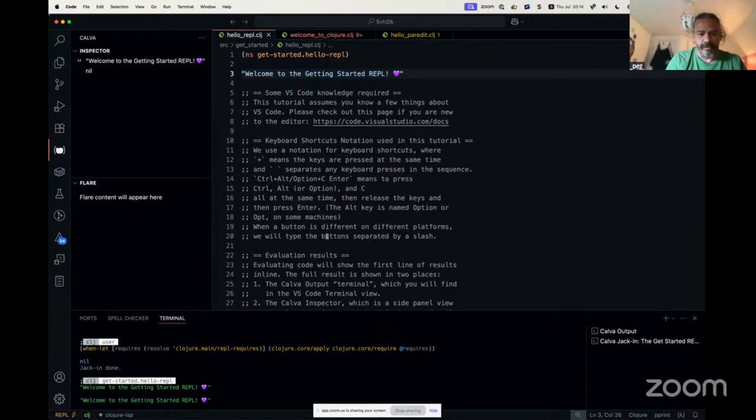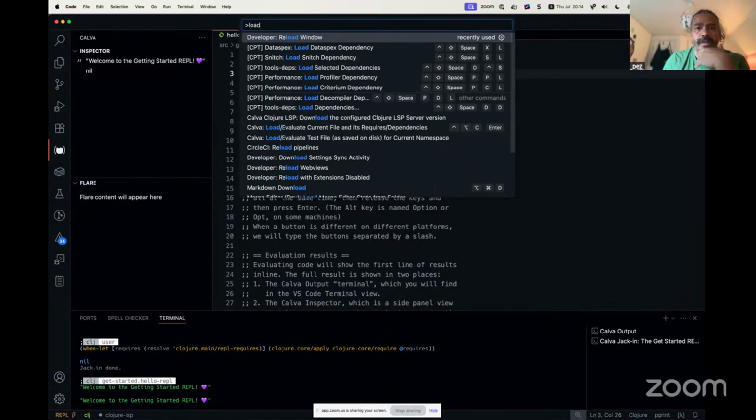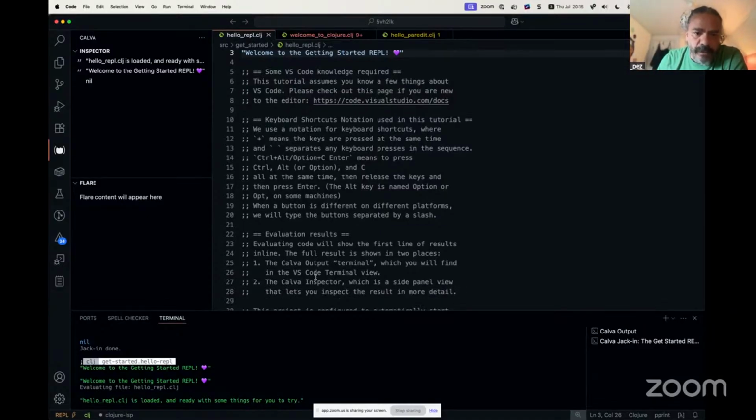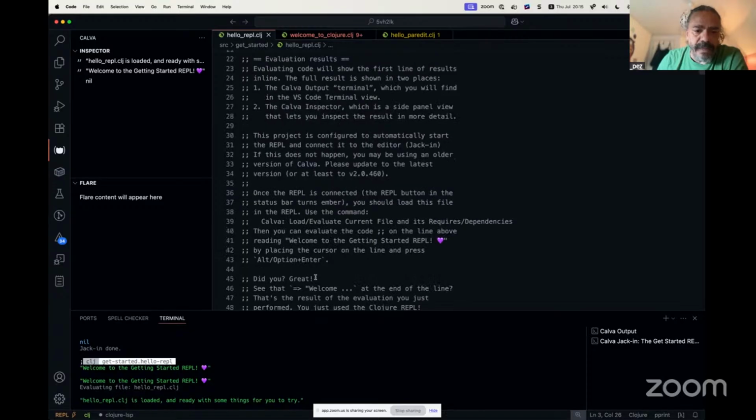So you're supposed to load current file, that's the command you're supposed to use. And VS Code always shows the keyboard shortcuts in this menu. So you do that, and then it will load this file. And this is at the bottom of this file. We evaluate this thing. And then this is walking you through here, and it will tell you, okay, now